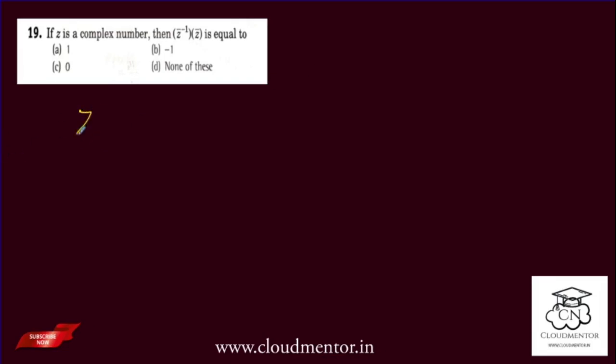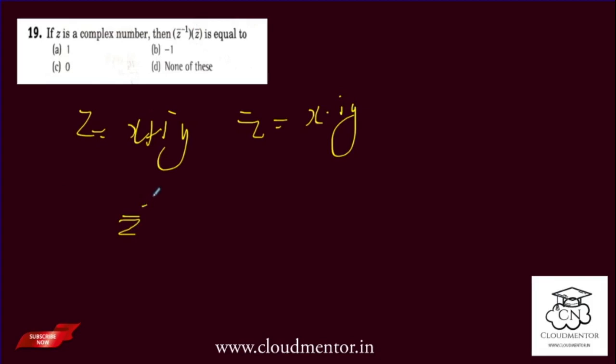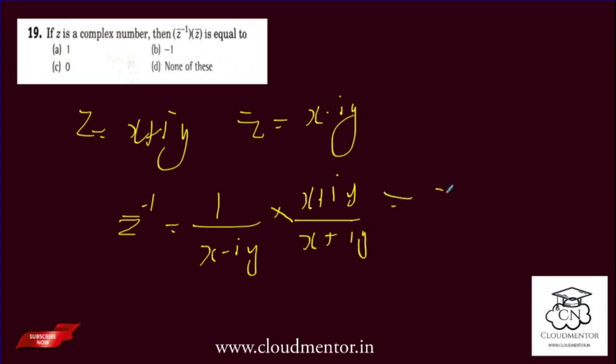Here, let's take z as x plus iy. Then z bar will be equal to z minus iy, the conjugate. And now we need to take the inverse of z bar, that is equal to 1 by x minus iy, and I can change it to the standard form by multiplying the conjugate of the denominator, that is x plus iy by x plus iy, and now we get x plus iy